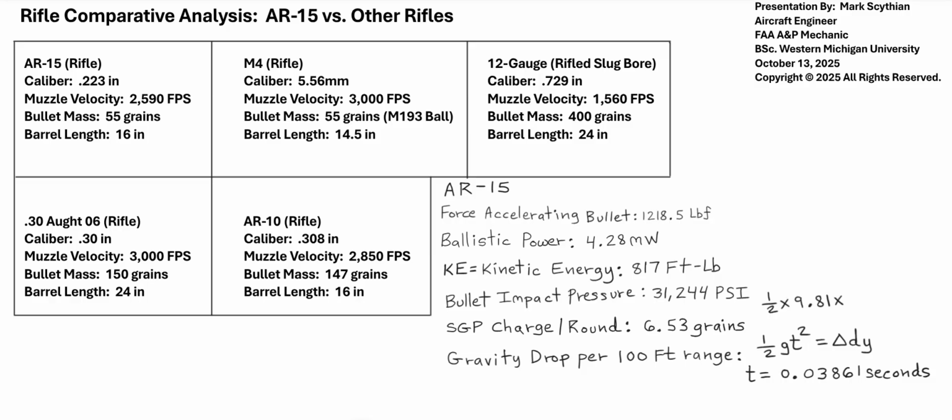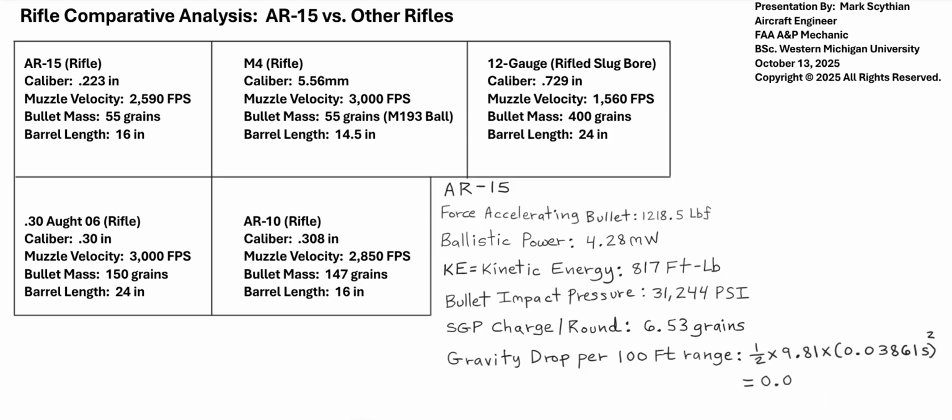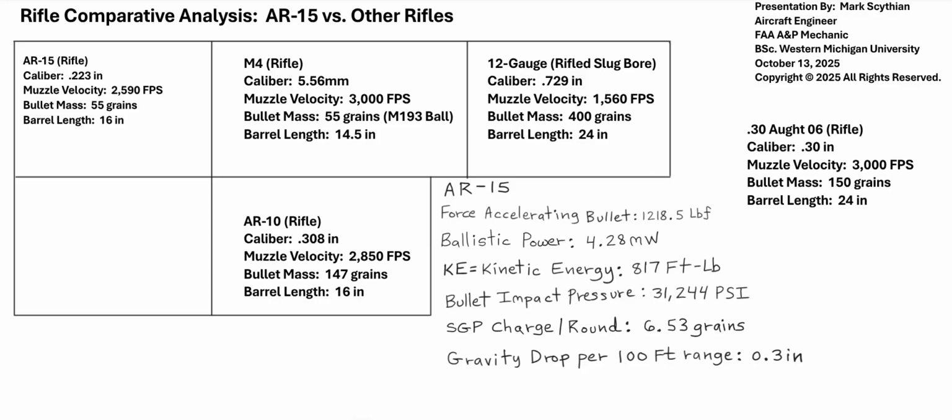So we can take 1/2 times 9.81 times the time for the bullet to reach the 100-foot target, that value t squared. So when we evaluate this, we have a drop of 0.00731 meters times 3.28 feet, and then times 12 inches to a foot. And so we have a gravity drop per 100 feet of 0.3 inches